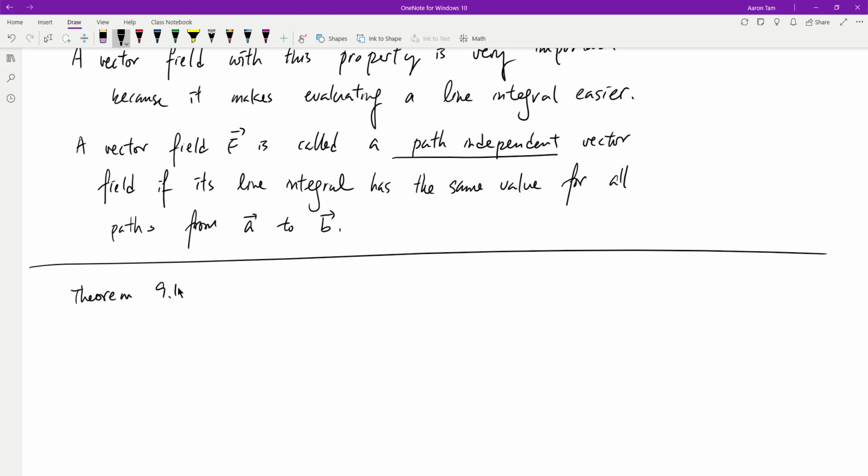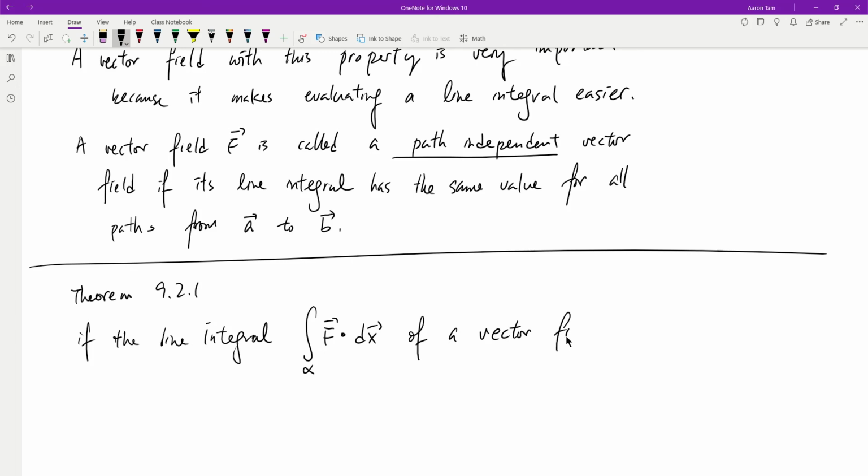Theorem 9.2.1 states the following: if the line integral over alpha of vector F dot d vector x of a vector field F is independent of the path alpha from A to B,